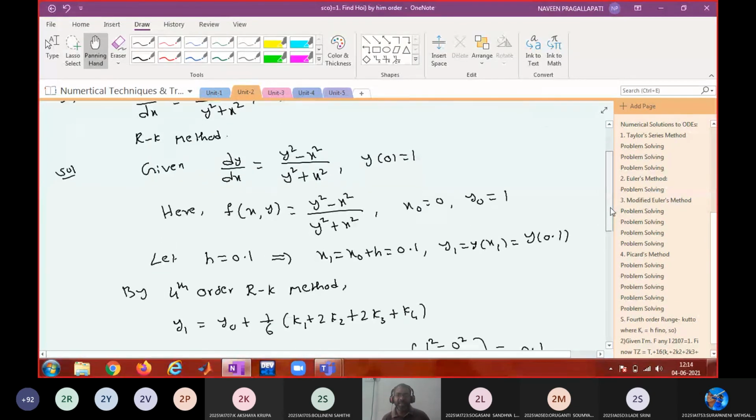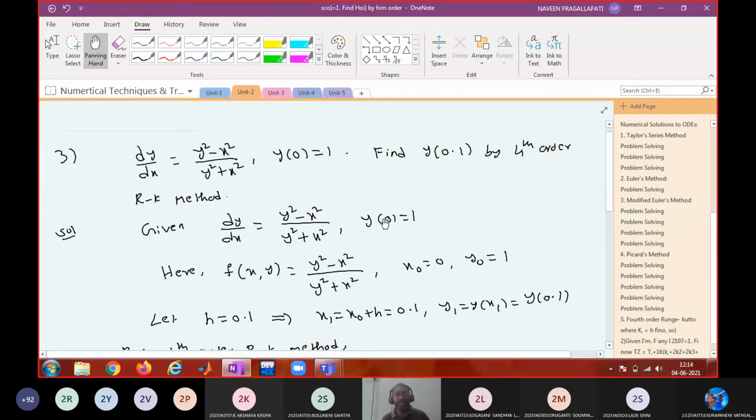Okay, so in analytical methods we are always finding the general solution first, and then using the initial condition to find the value of the arbitrary constant. Whereas in numerical methods we are not going to find the arbitrary constant c, rather we find the value of y at a given value of x directly. Except in Picard's method. In all other methods we are directly finding the numerical value of y at a given value of x1. Only in Picard's method we are finding the approximation for y in terms of x, then only you substitute x equal to x1.